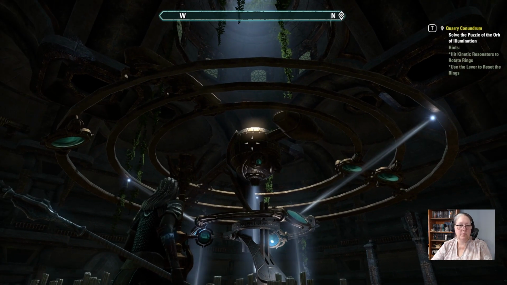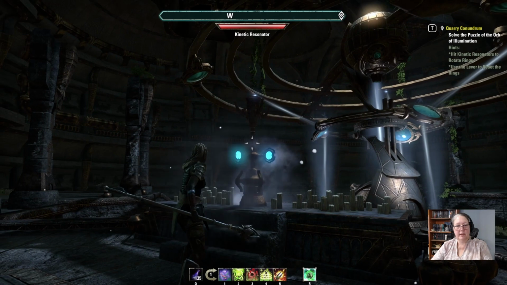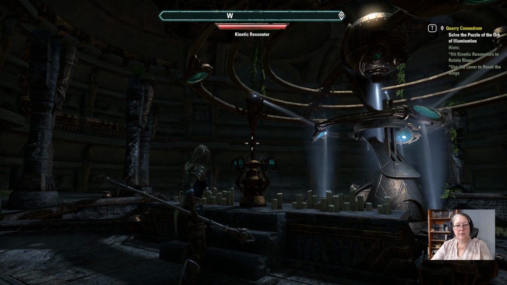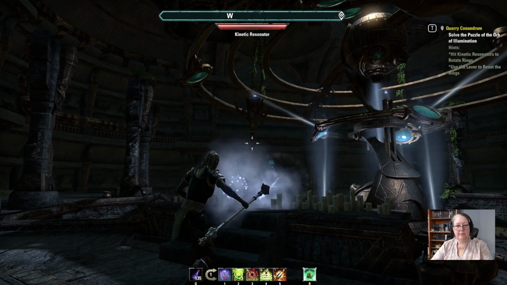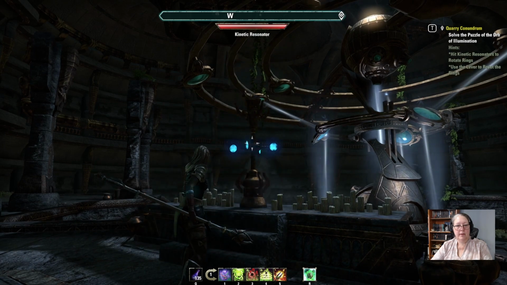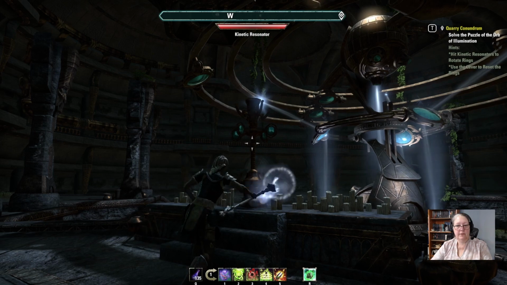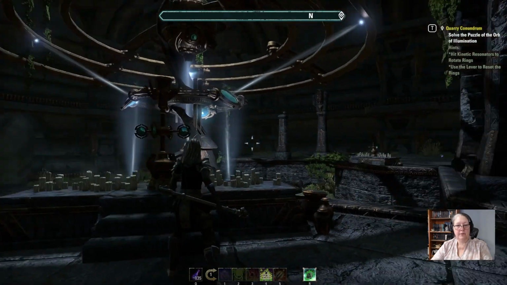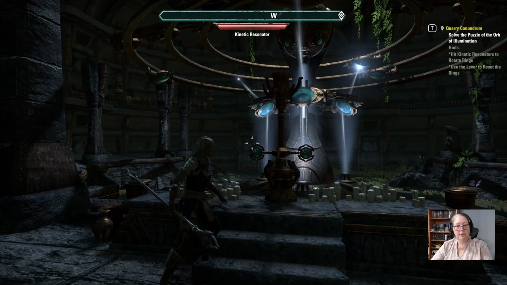So the outer ring is 1, 2 turns. Alright, so what we want to do is get the middle ring. One, two. So the outer ring is 3 turns away from where the middle ring needs to be positioned, right? So what we're going to do... okay, so that's only 1 turn. 2 turns. Okay, 3 turns. So what we want to do is turn the